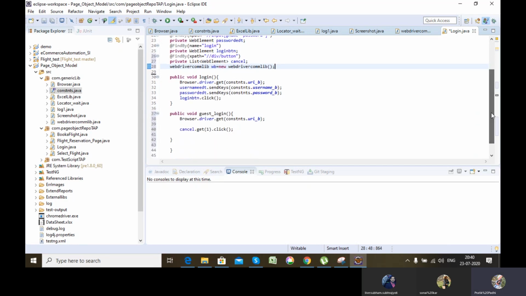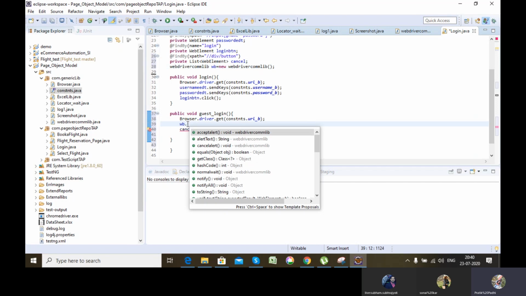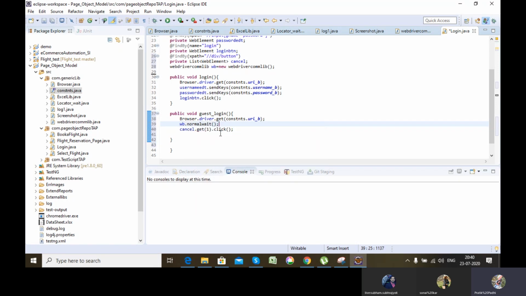I can create an object of that particular class and use the methods of that class rather than writing the whole lines of code. See here, alert accept, alert text, cancel alert, everything will come. I can use the wait function, normal wait, or any wait. Let's say for example I'm using normal wait. See how it becomes too easy, because the lines of code got reduced.